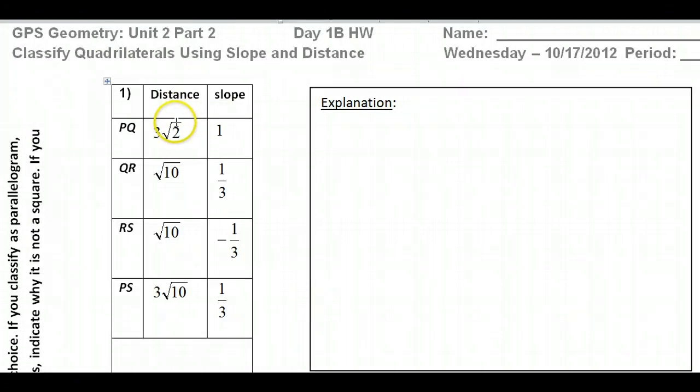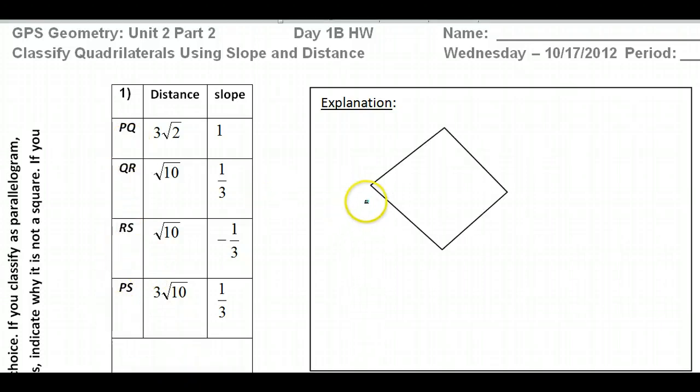Alright, so as we look at these distances and these slopes, please understand that we're talking about quadrilateral PQRS. Okay, so here is some random quadrilateral and I can call it PQRS. So we really should not have to draw the picture, but I'm just going to do it to make sure that you understand what we're dealing with. So we're given these lengths. So if I make a diagram of my distances,